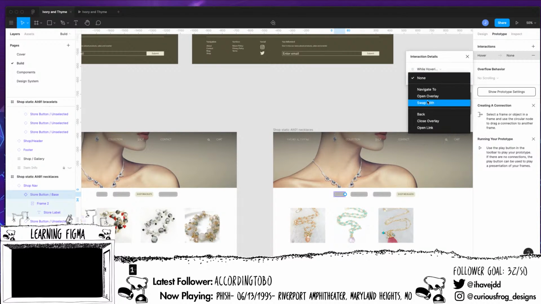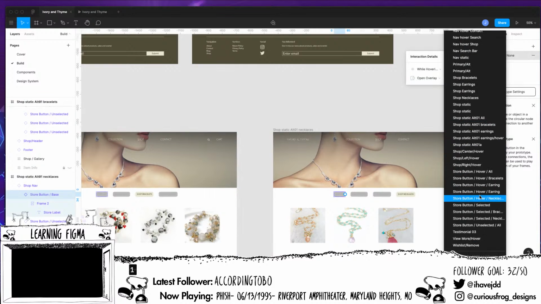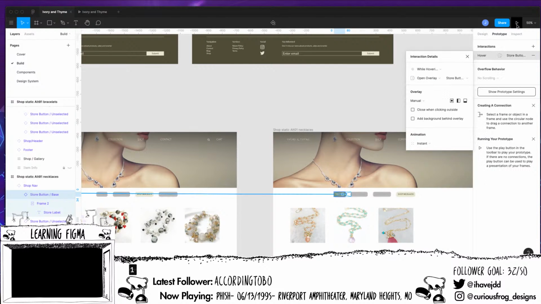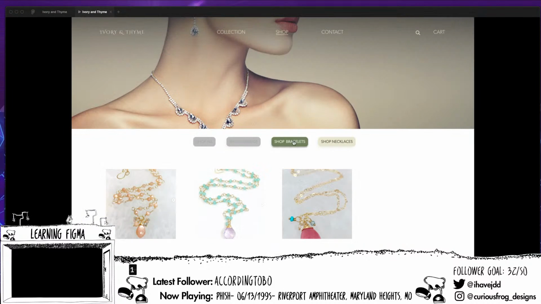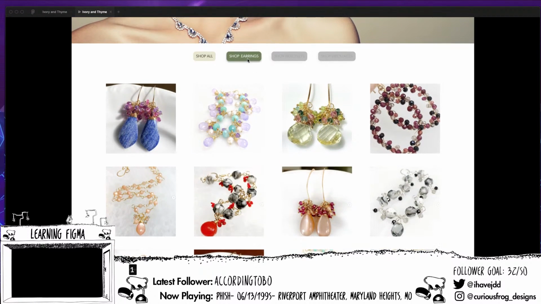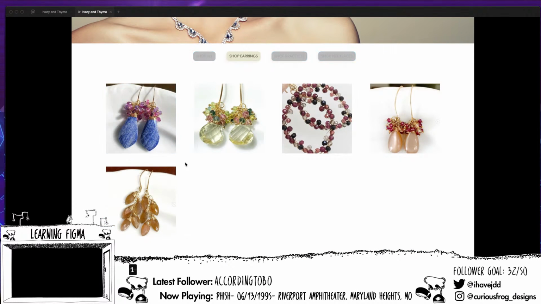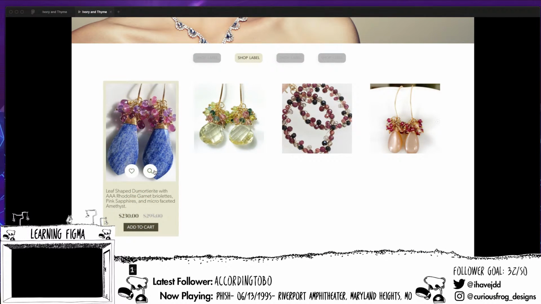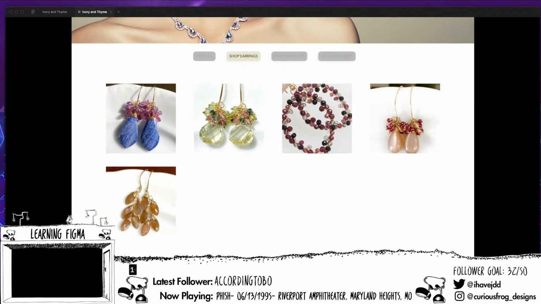Hover. And we're going to open shop all. Let's just see if that works now. Hover, hover, hover. Perfect. Awesome. All right, so we didn't break too much. Perfect. Oh, I do have to fix